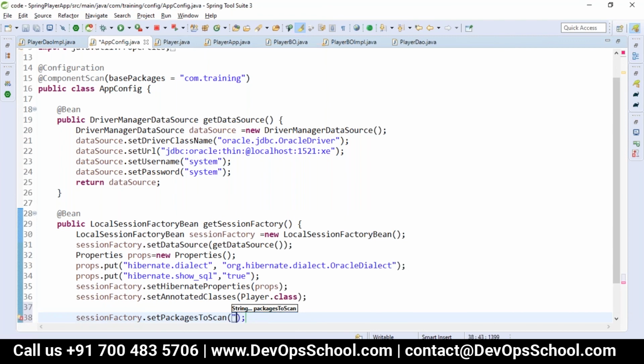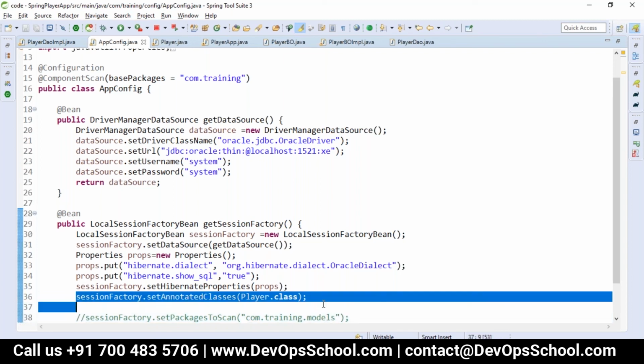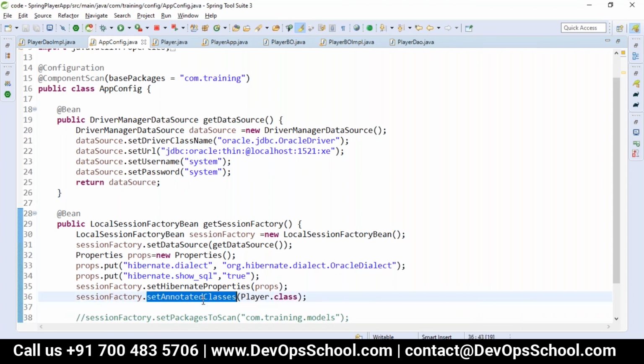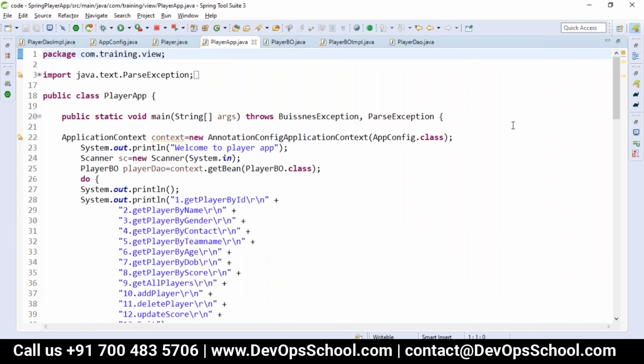You can mention the whole package where you have your entity layer that you have to scan, which is com dot training dot model or entities, or we can mention each one by one. So that is the session set annotated classes, which is Player dot class. After this property setting, let me just show you.